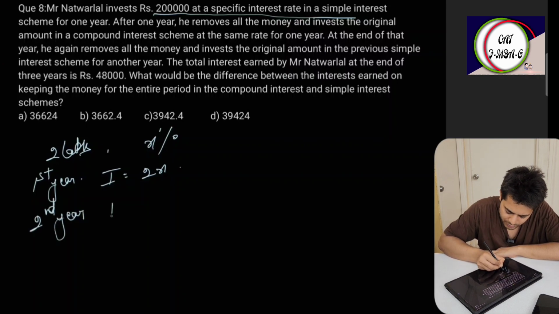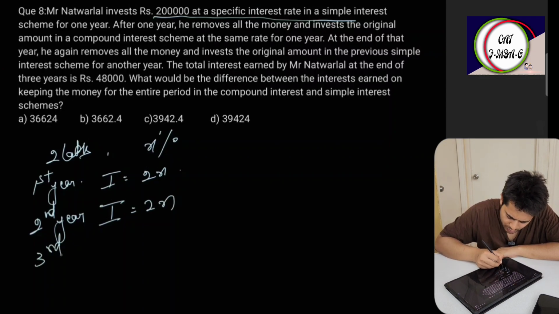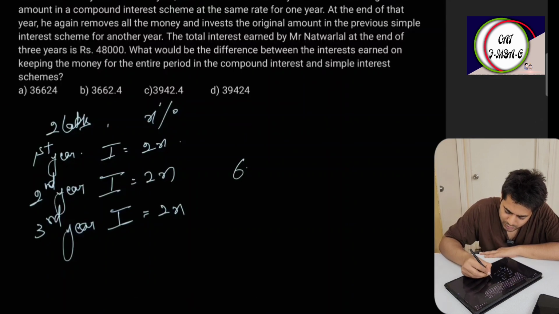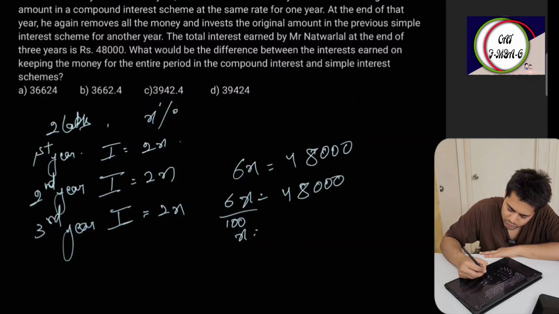In second year, he invests in compound interest for 1 year. So for 1 year, compound interest or simple interest both is same, so 2x. Then third year, again he removes all the money and again invests in simple interest. So I is equal to again 2x. So total is 6x. And it is given that 6x is equal to 48,000. X is equal to, so 6x by 100 is equal to 48. So x is equal to 48